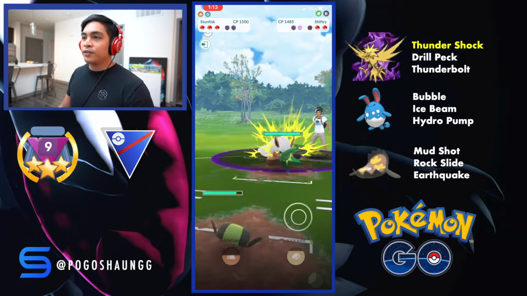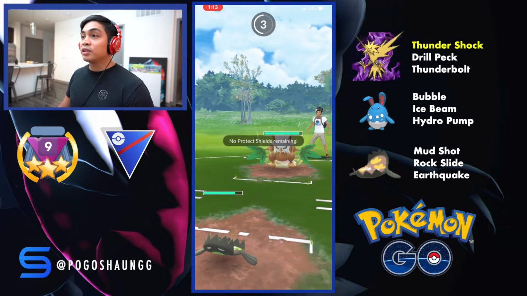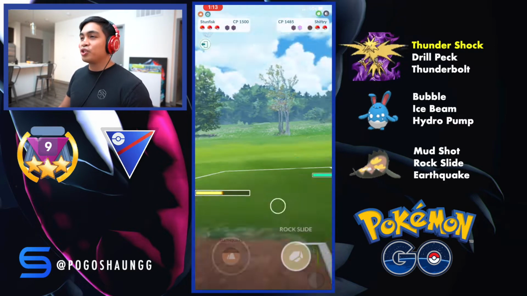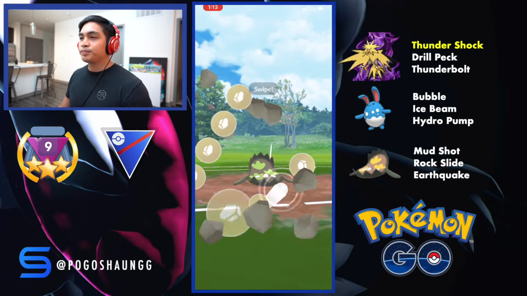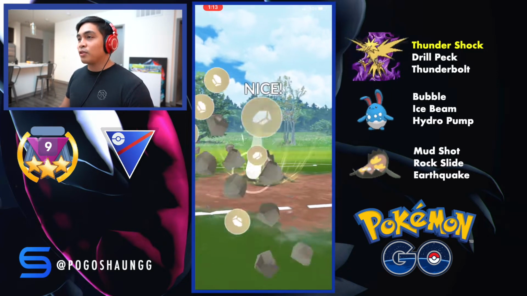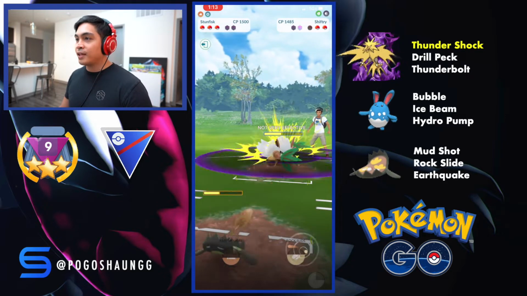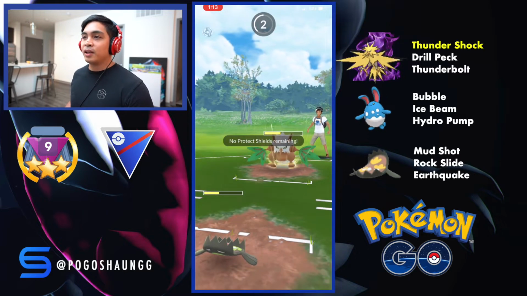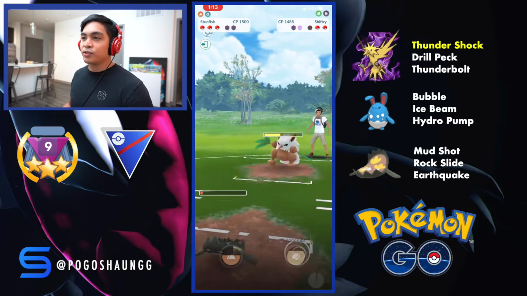And now they have a Shiftry in the back, which is incredible. So this whole team was weak to Zapdos, which is great for us. And now we're going to be able to pressure the shields on this Stunfisk. So get this Rock Slide off. Earthquake is resisted because of the grass type, and that does about 55% damage. And even though this Leaf Blade is neutral, we're still going to be able to survive it and get off